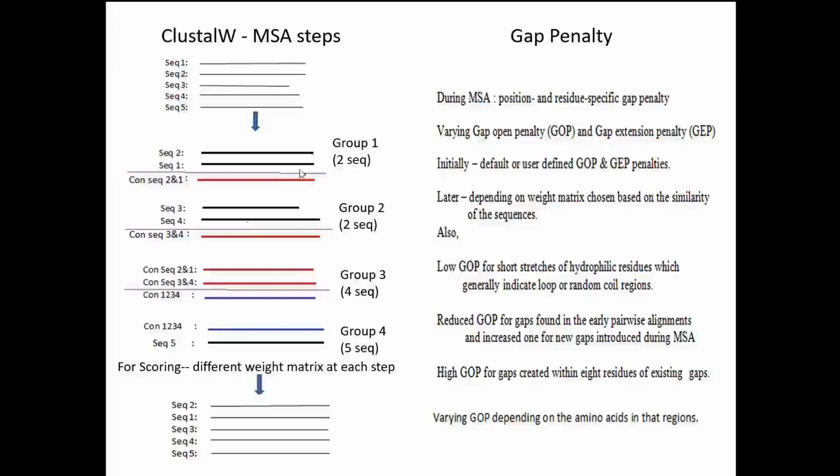Now, here during each pairwise alignment, a different weight matrix will be engaged to score the alignment. Here we have different types of weight matrix like BLOSUM, PAM, Gonnet, etc. If suppose we choose the BLOSUM weight matrix as our option, what the tool will do is, it will use a series of BLOSUM weight matrices to score this pairwise alignment depending upon the similarity of the sequences.